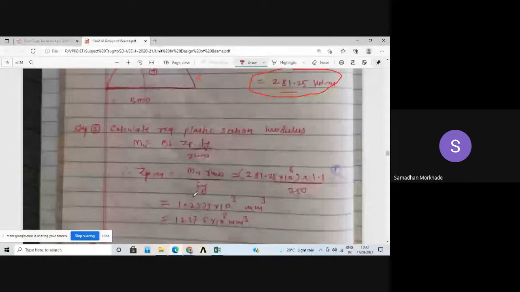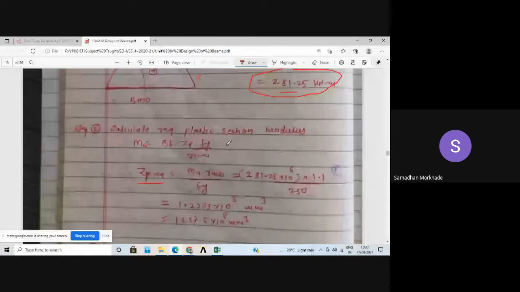So to calculate the required plastic section modulus, we are going to equate bending moment to moment of resistance. So in our IS code formula, this is Md. This Md we are using as the bending moment. Okay, so bending moment is equal to beta B Zp Fy by gamma m0. Now this Zp is the Zp required, which is equal to Mu, means your factored bending moment, into gamma m0 divided by Fy.